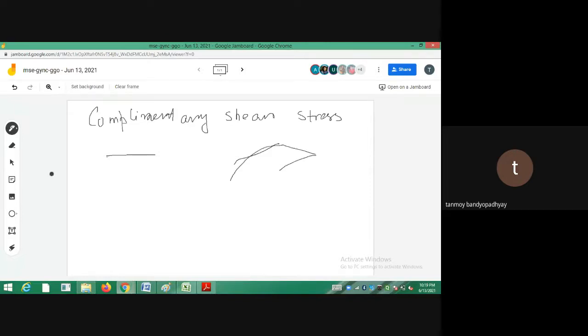If I take any cross section from the circular shaft, it should look something like this. Now if I see it from the top and draw it, it will look something like this. Suppose this is the torsion acting on one side, and this is the torsion acting on the other side. For equilibrium, this torsion must be balanced by this one, and this torsion must be balanced by this one. This system of balanced shear stresses, we call complementary shear stresses.